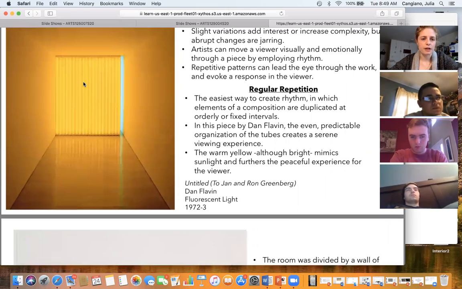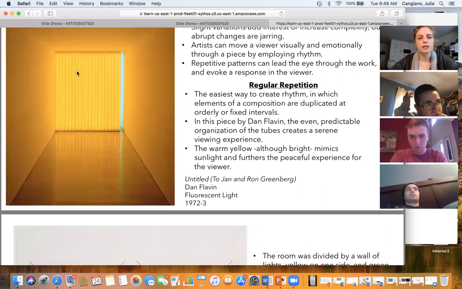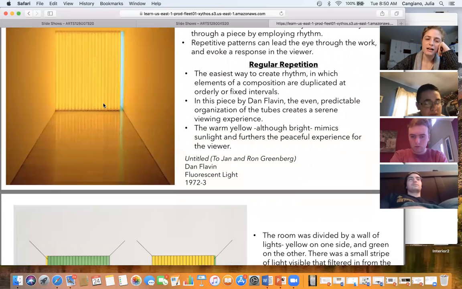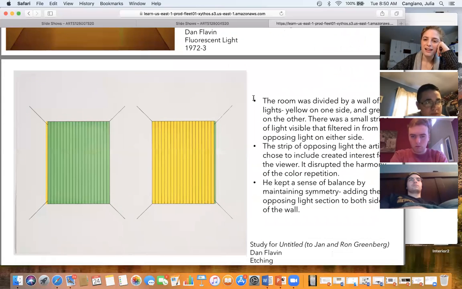And another thing that I noted was that this mimics sunlight. So I think as humans, we're like, oh, that's a warm light. I can't even explain what it does. I actually saw this piece in person a couple years ago, and it's an overwhelmingly bright light. It is overwhelmingly yellow, almost to the point where it hurts your eyes. But it's strangely soothing, and I think it is because it mimics sunlight a little bit. I'm like a depressed house plant in the winter if I don't get enough sun. So I felt good about that when I went into that room.